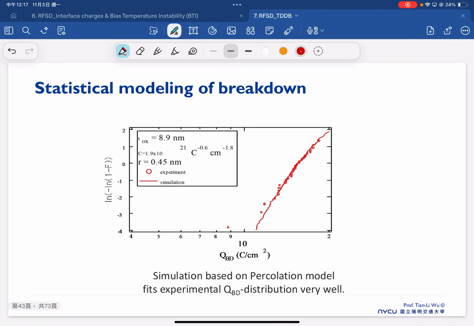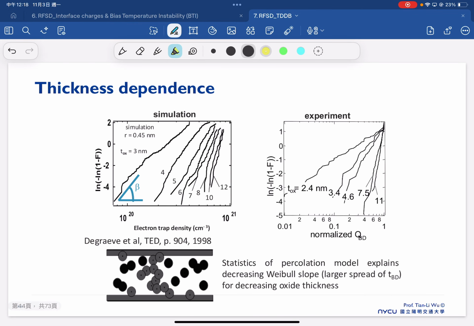So once we start to adapt this model, we can start to have very statistical modeling. This is a case considering the oxide with 9 nanometer and each defect with a radius around 0.45 nanometer. And this simulation based on the population model is very well fitted with experimental data. And also, with this model, we can have a very great simulation to understand the impact of the dielectric